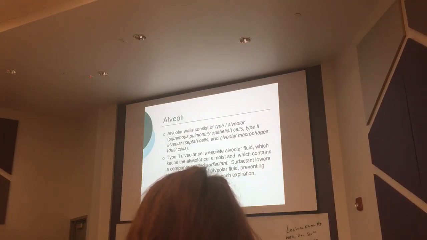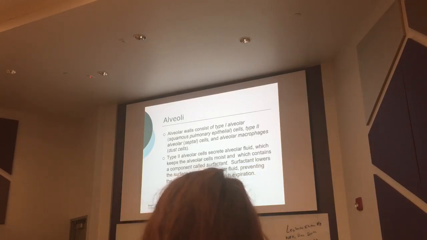This is one of the last things that's formed right before you're born. So premature babies have to be on a ventilator because they don't make surfactant. They give them a steroid or something, and they start to grow and start making surfactant, then they can get off the ventilator.